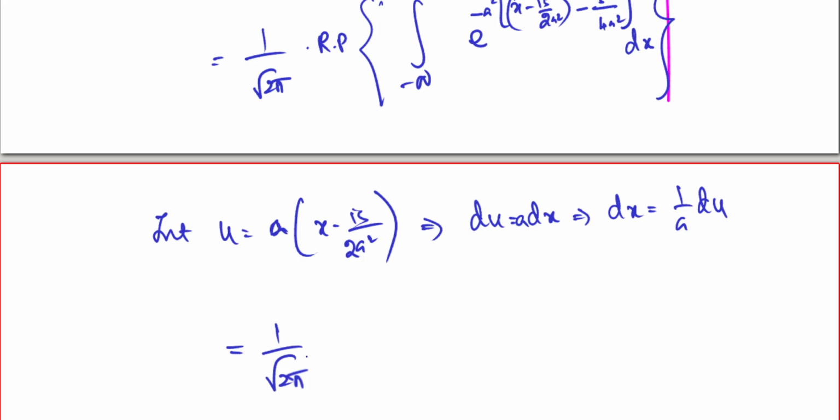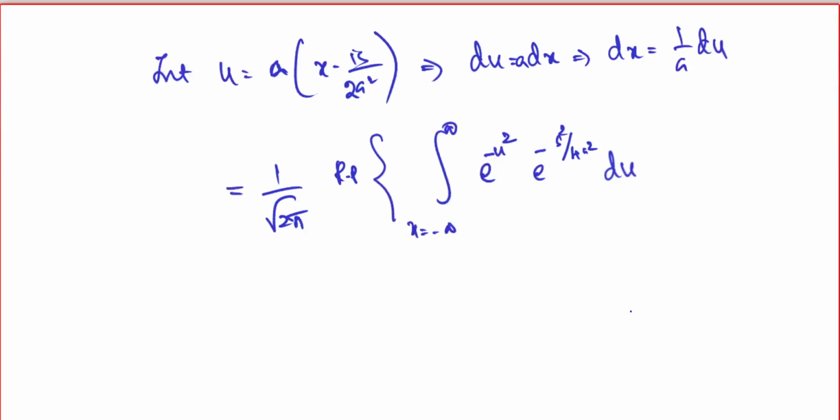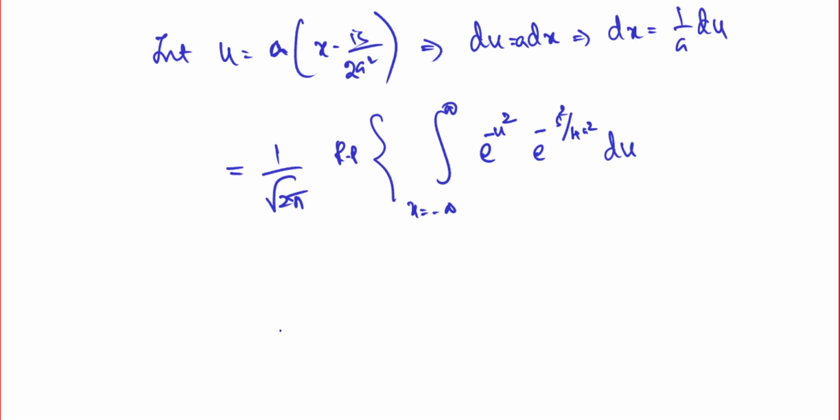So 1 divided by square root of 2 pi into the real part of the integral, now this time u from minus infinity to plus infinity of e to the power, now what is the substitution? Substitution is u equal to a into x minus is, right? Substitute that and you should get e to the power minus u square, and the other term is e to the power minus s square divided by 4a square, correct, into du. Now you see that e to the power minus s square divided by 4a square is completely a constant term, so I can